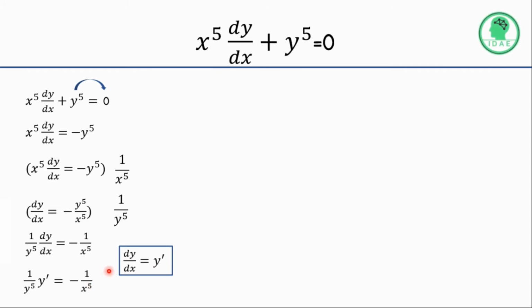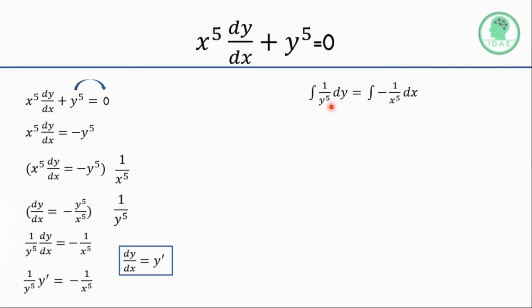All right, so cool. As you can see now, we have y's on one side of the equation and the x's on the other side. So what we can do now to get rid of this prime over here, to get rid of this derivative over there, we can just take the integral, right? Because they're opposite. So let's take the integral. Now we take the integral of both sides, right? So it becomes the integral of 1 over y to the fifth dy equals the integral of negative 1 over x to the fifth